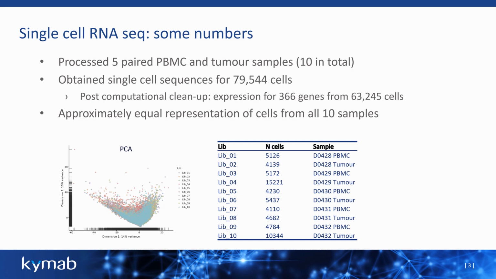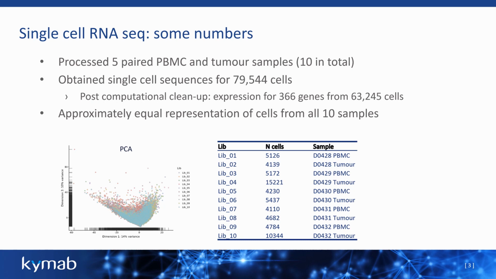To give you some numbers, like I said, we had 5 donors. We had paired PBMC and tumor samples, so 10 samples in total. After the sequencing and the early computational workflow, we got just shy of about 80,000 cells. After the more bespoke computational cleanup, we were left with